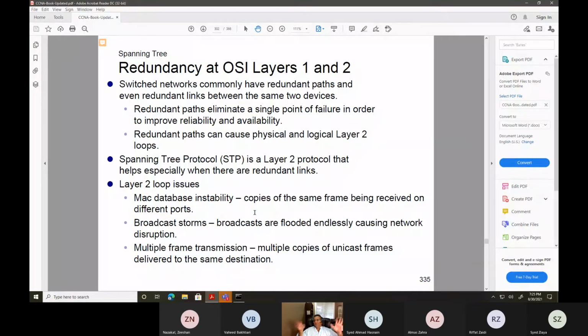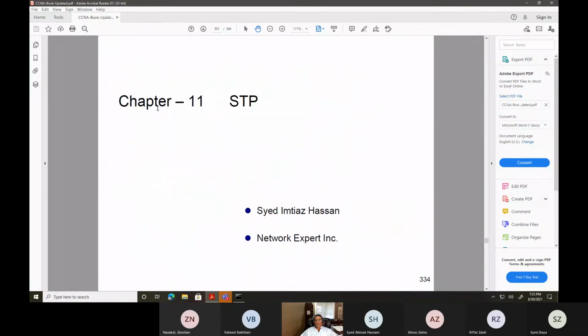So these are very huge topics, but I'm giving you an understanding of them, and if you want to go into more detail, you can. And just like this one, spanning tree, I'm not going to be covering too much of it, because if you go and look on the internet, you're going to find a book of 200 or 250 pages. Just this topic has a 200-page book. So let's look at what spanning tree does.